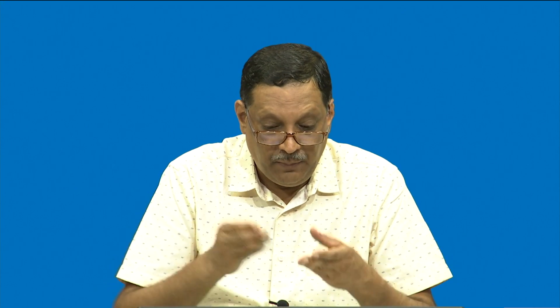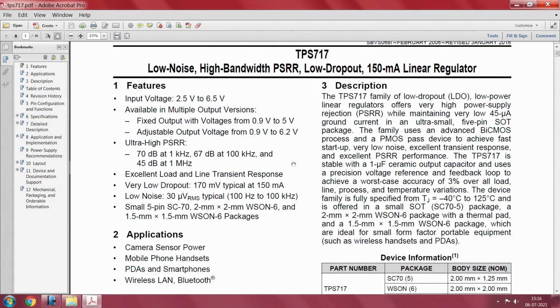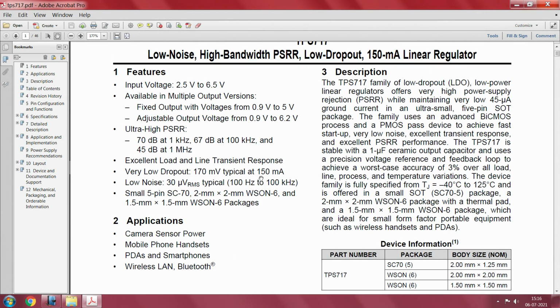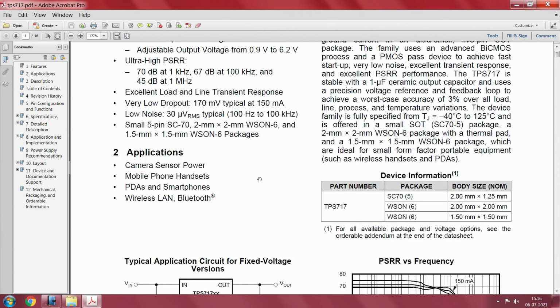Okay folks, welcome back. See LDO, you must know the specifications of the LDO, you should be able to read the data sheet carefully and use it for your application. Let me point you to TPS717 which we started. We went through some features of the LDO and very broadly we understood some features. So we must spend a little more time trying to understand them in great detail.